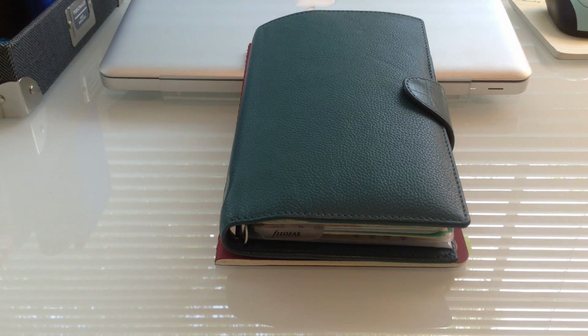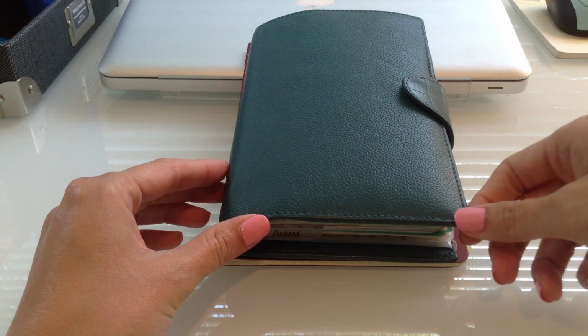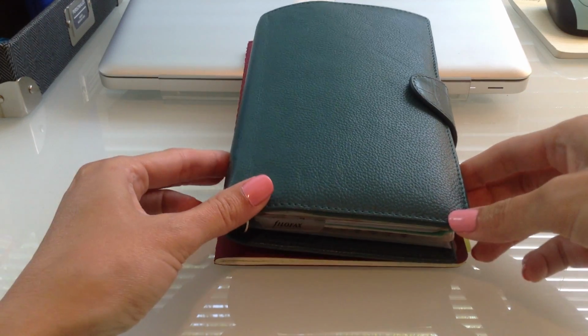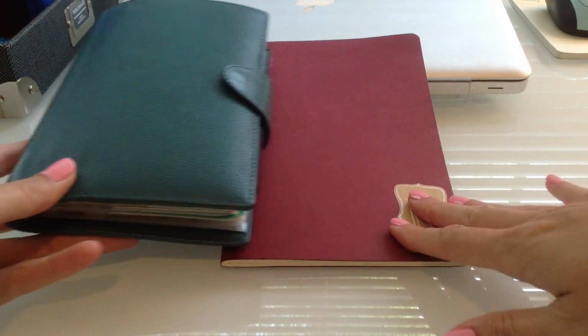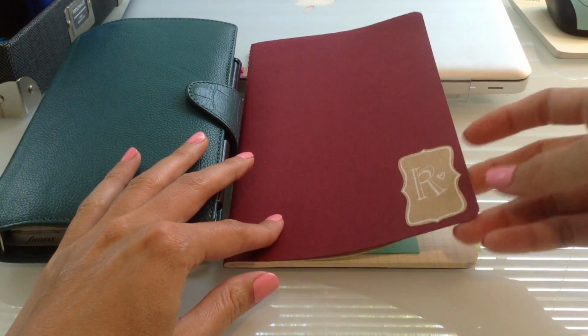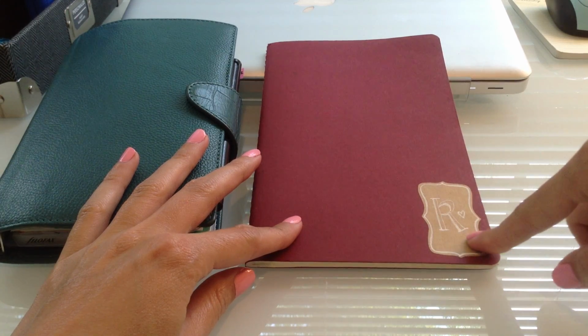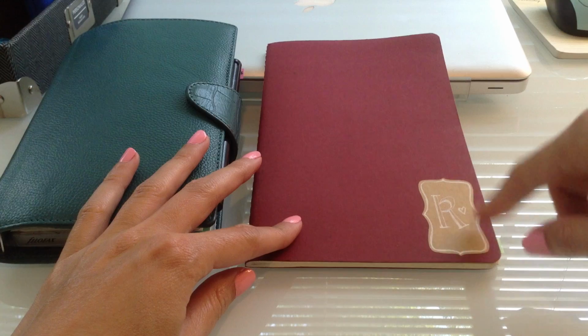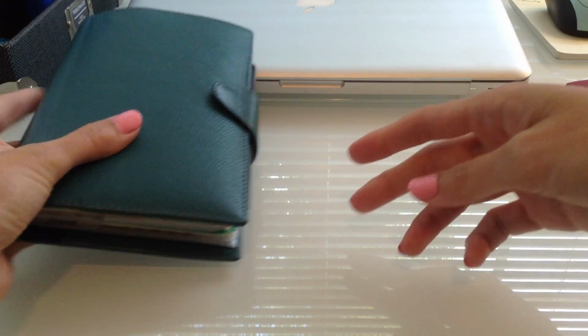What I'm currently using right now is a two-planner system, I guess you could call it. I have the Compact Calypso in teal as my main planner, and then I'm using a Moleskine Cahier, I think that's how you say it, as a bullet journal. So I'm going to jump right into the Filofax. We'll set the Moleskine aside